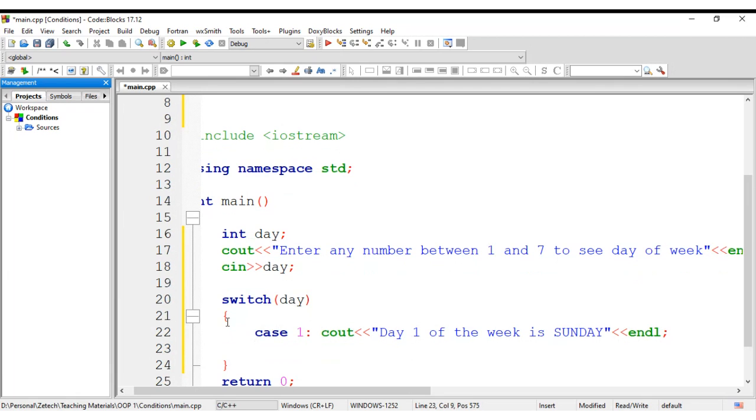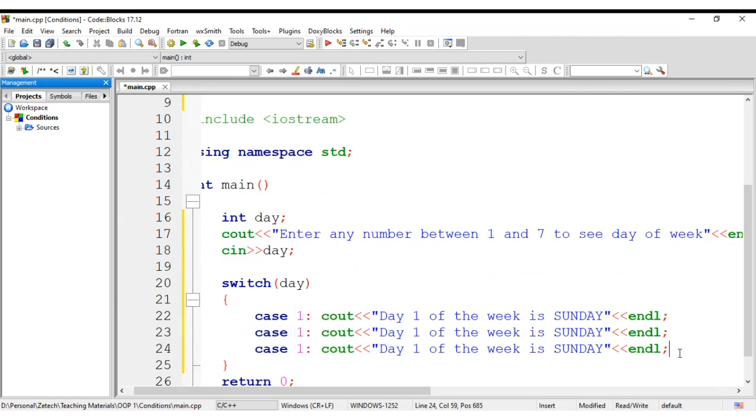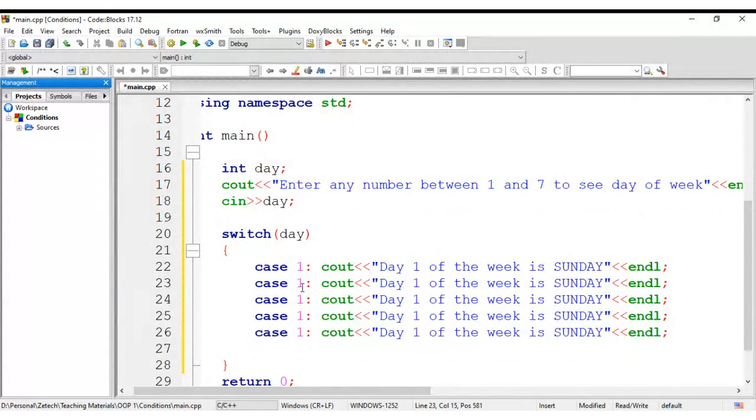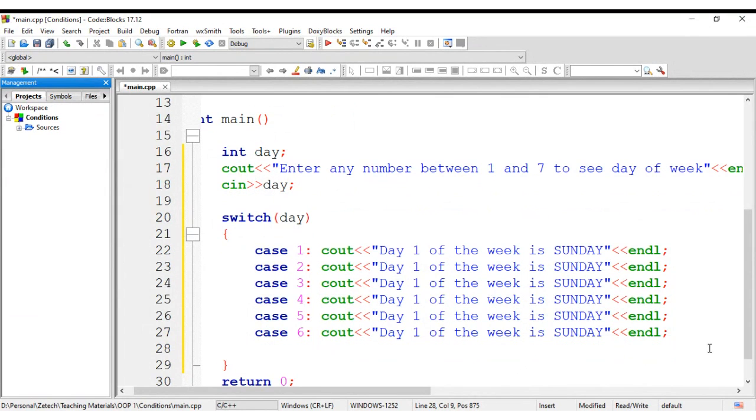case 2. So I'm just going to copy so that I don't have to keep typing. 1, 2, 3, 4, 5, 6, and 7. Of course I'm going to change these ones. Monday,